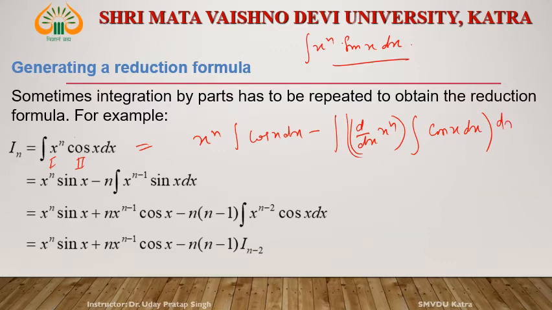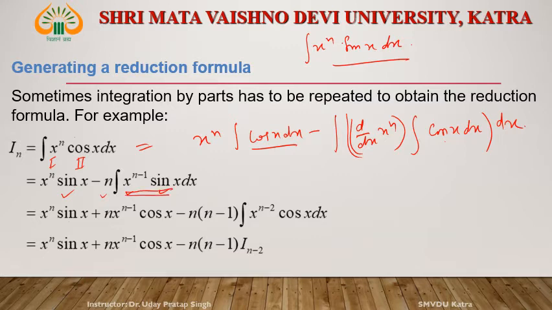So this is x to the power n, the integral of cos x is sin x, minus derivative of x to the power n, which is n x to the power n minus 1, into the integral of cos x, which is sin x. So x to the power n sin x plus,